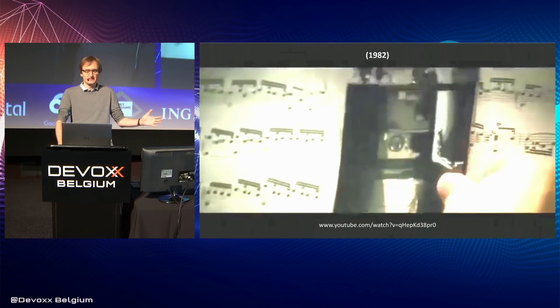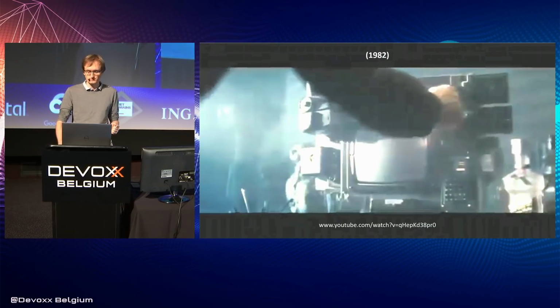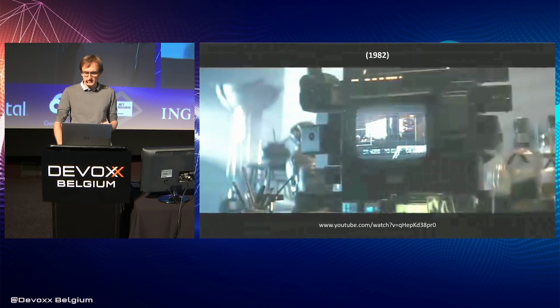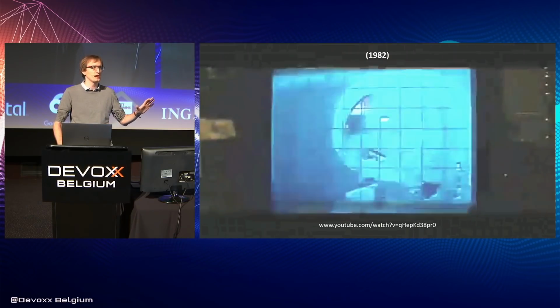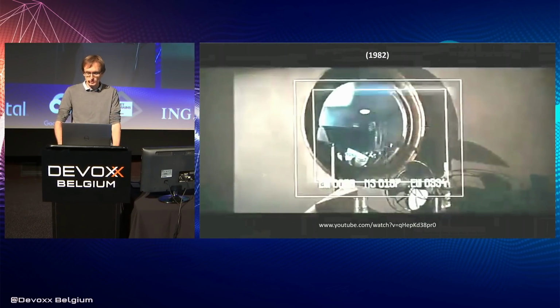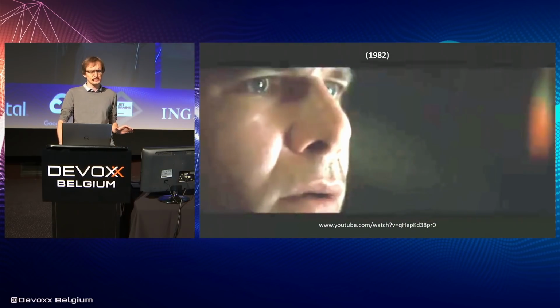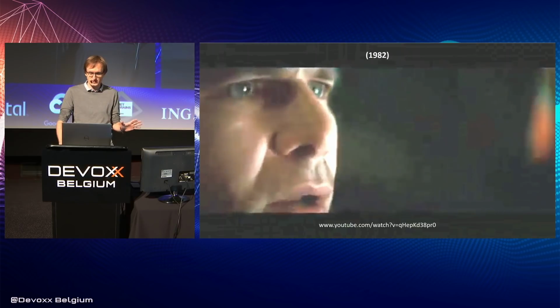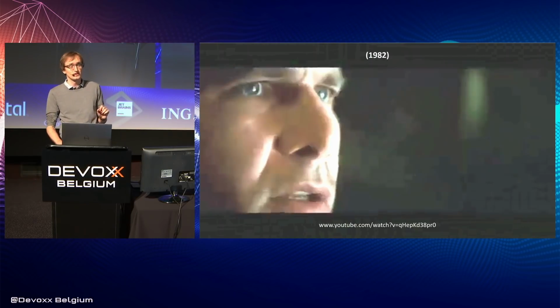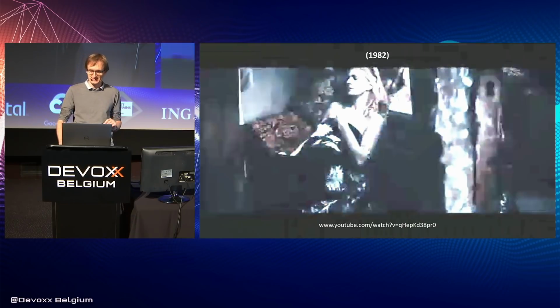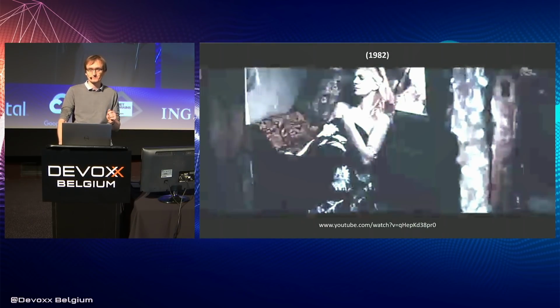Okay, let's start with science fiction. A classic from 1982. In this scene, Harrison Ford is analyzing a photo using a hyper-mega computer. It is year 2019, so it can obviously zoom and enhance beyond any physical reason, but that's not the end. This computer can even look around the corners. What a technology. This film is a classic.